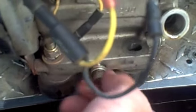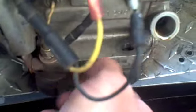Alright, now that all the oil is drained out, you can see how black it is. It's that fresh oil that I just showed you, and this is how black it is. Once it stops dripping, just go ahead and put the plug back in. I mean, it's pretty self-explanatory, just like changing oil on a car. It's not too difficult. You just put your plug back in, tighten it down, and then the most important thing